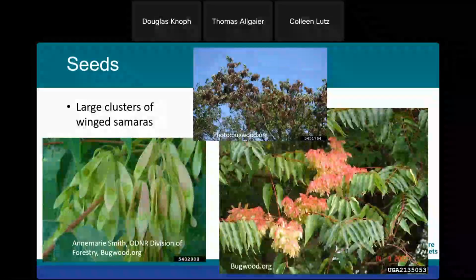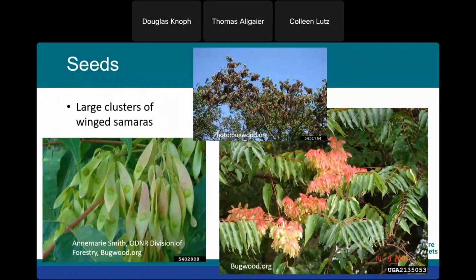When they start forming, they're green, as in the bottom left, and then they'll start to turn orange this time of year. The seeds are only found on the female trees, because there are male and female trees. The seeds are easy to spot this time of year, and as they dry off later in the fall, they turn brown, and the seeds will persist over the winter. So, next page.